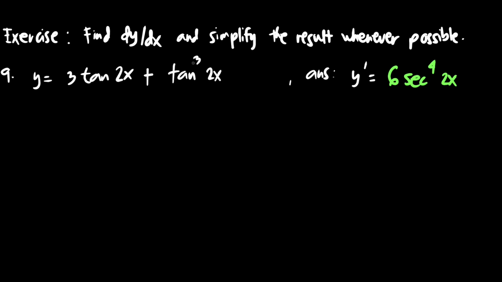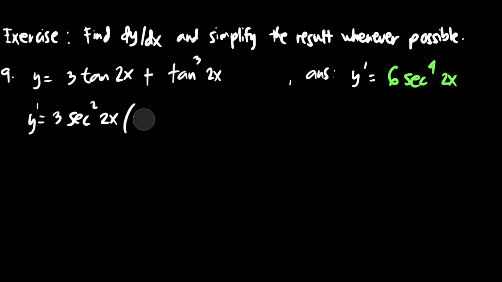Number 9. y is equal to 3 tan 2x plus tan cubed 2x. So we'll get its first derivative, dy over dx. Let's solve. y prime is equal to 3 times the derivative of tan 2x, which is secant squared. Just copy the inside, 2x. Then the derivative of the inside, 2x, is